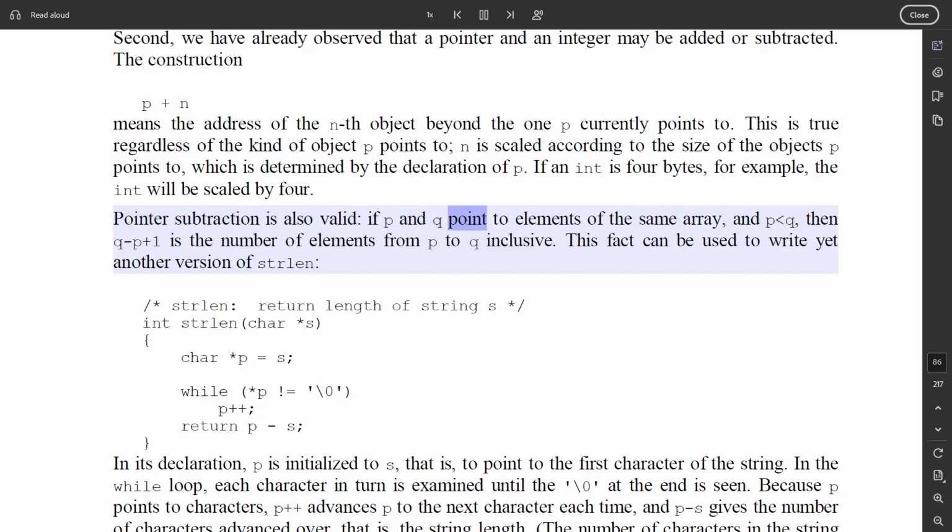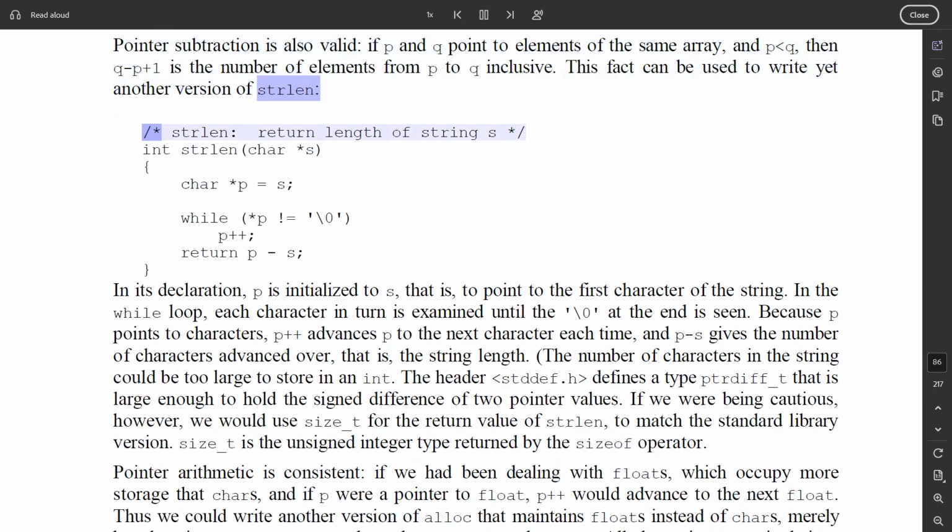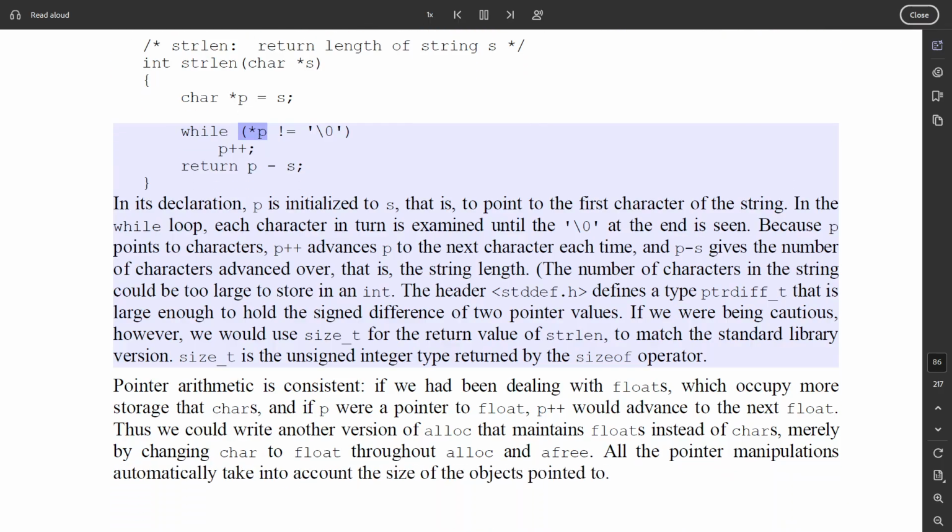If p and q point to elements of the same array, and p < q, then q-p+1 is the number of elements from p to q inclusive. This fact can be used to write yet another version of strlen: /* strlen: return length of string s */ int strlen(char *s) { char *p = s; while (*p != '\0') p++; return p - s; }